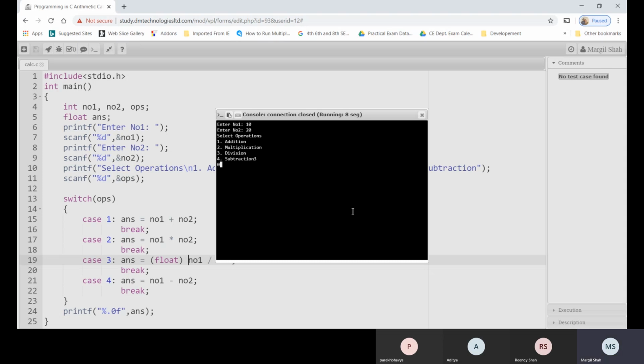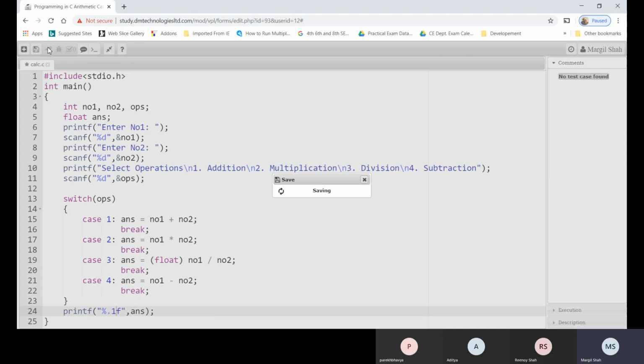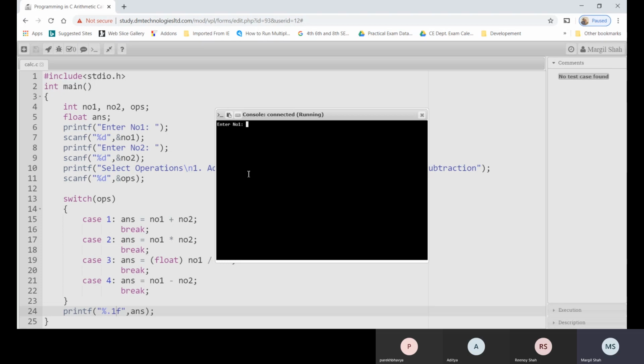Still the answer is 0. Now where is the problem? The problem is over here. Suppose we put 0 point, sorry, so now the answer is 0.5.